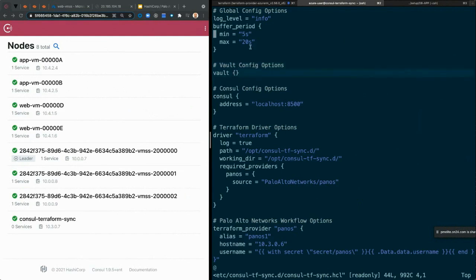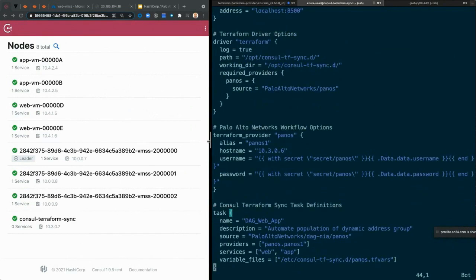So this block, of course, defines that. Consul defines how to connect to your Consul cluster. And this defines what kind of driver you want to use. Today we are supporting Terraform, right? And then required providers, because we are using the Panos provider, we specify what kind of provider we want to use there.